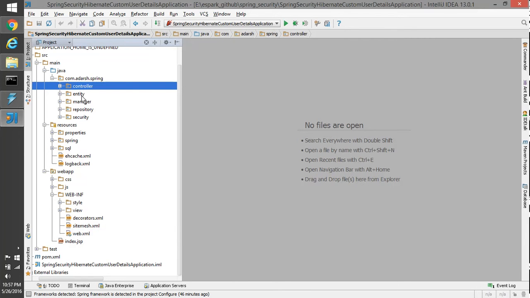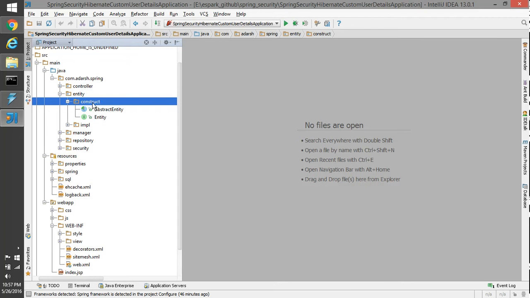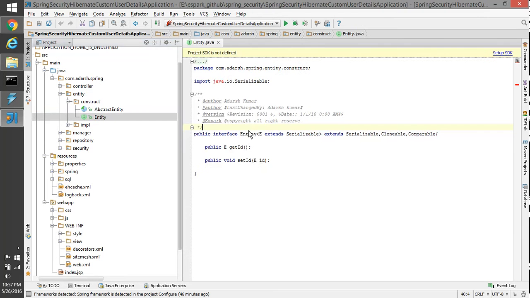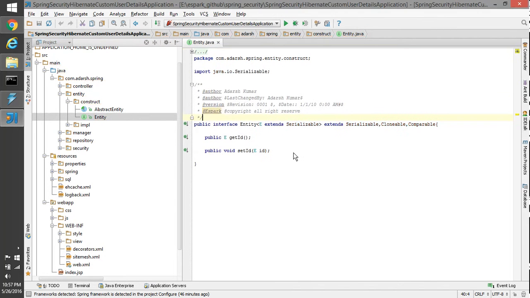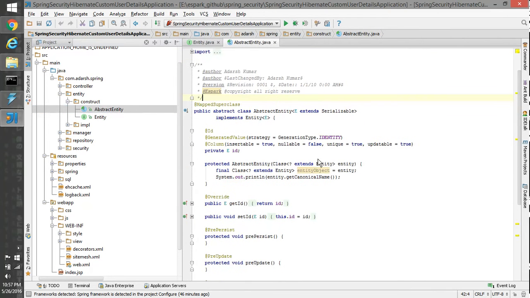So starting from the Hibernate layer, inside the entity package we have an Entity. The Entity is a custom interface which extends Serializable, Cloneable, and Comparable. So it has getId as well as setId methods. Then we have an AbstractEntity. So AbstractEntity is an implementation of Entity where we have